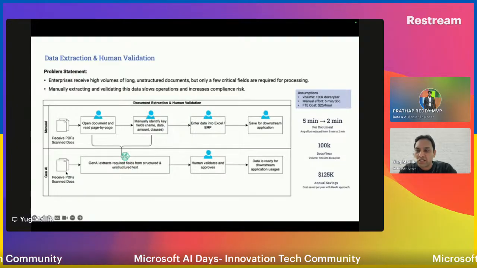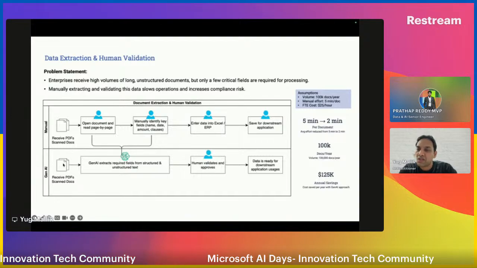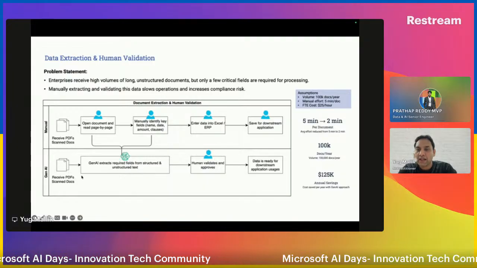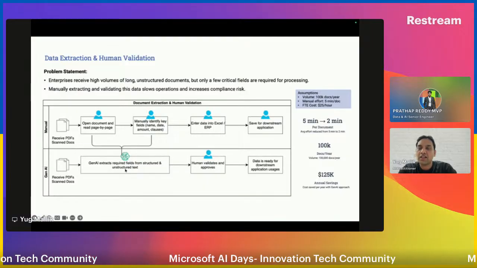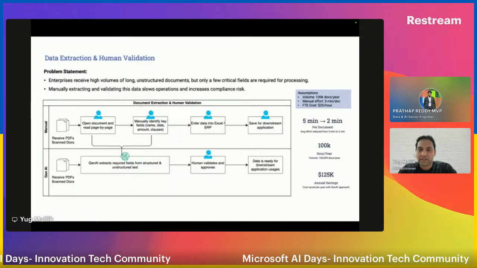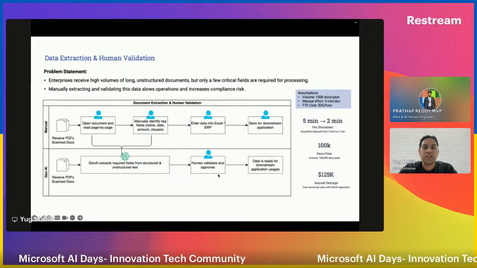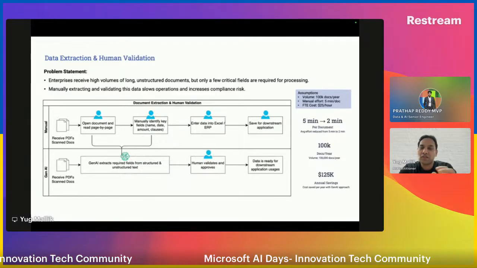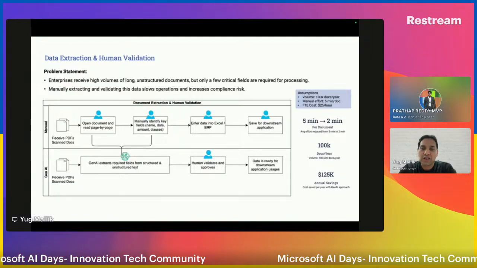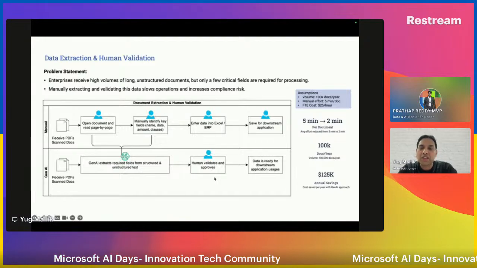Now what if there is a generative AI pipeline we build, wherein you feed the document to the tool, and it extracts the key relevant information that you look for? Then you can validate only the extracted information. You don't have to run through the document and pull that information. Rather, let the Gen AI do it for you, and you just have to validate. And this is where the human in the loop comes into the picture.